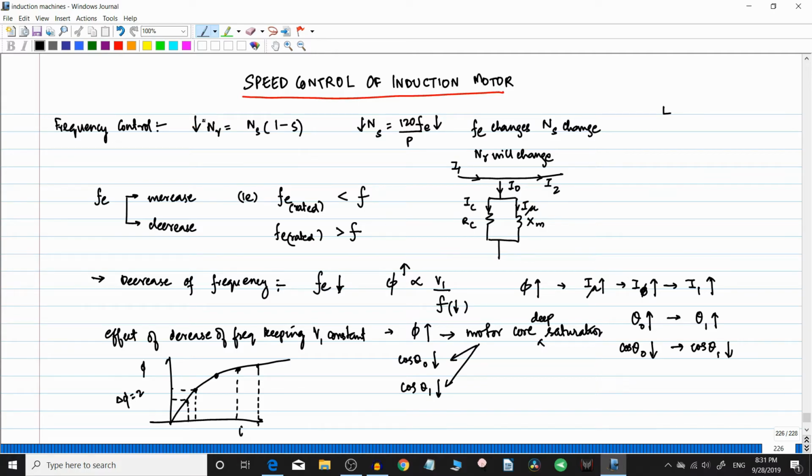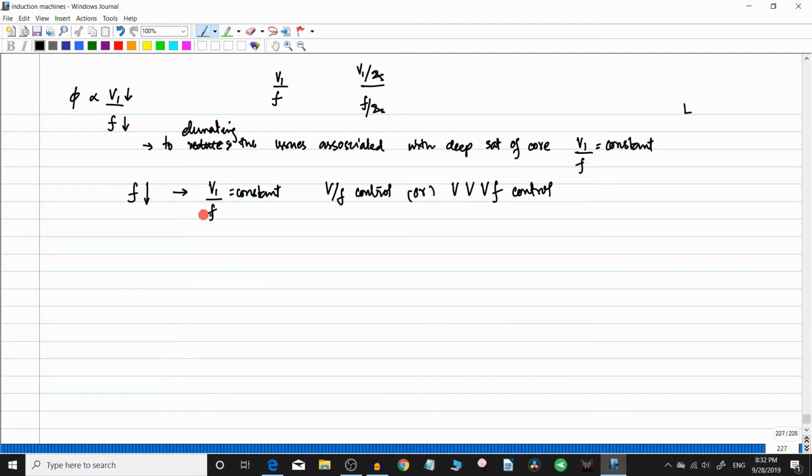Okay, so for example, at rated speed and rated frequency of, say, 50 Hz, the induction motor is running at 1480 RPM. If you reduce the frequency, it will go to a speed which is less than the rated speed. Okay, so when you are reducing the frequency and using V by F control, the speeds that we can obtain